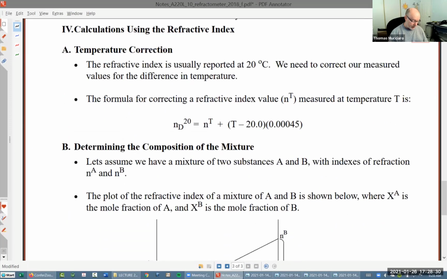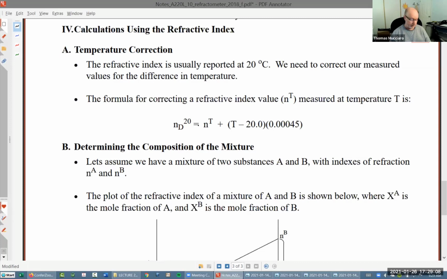All right, so the last thing I want to talk to you about is some of the things we have to do with the raw data to get it to be useful to us, okay? So the first thing, and you're going to see that this first statement is not necessarily correct, but basically, when we take a refractive index, the refractive index changes if the temperature changes, because the density changes, and density